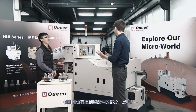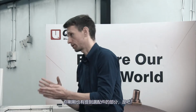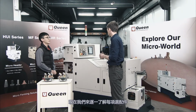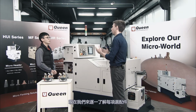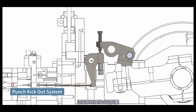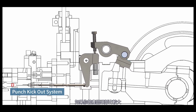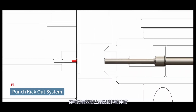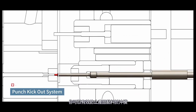So you just mentioned it also depends on the optional accessories, right? Yeah. And that's exactly what we want to talk about now. So why don't we just talk about every single one by one, starting with the punch kick-out system. Okay. And it is devised to ensure the finished product separation. So if your product's head is too big, by this you can prevent the finished product from getting stuck in